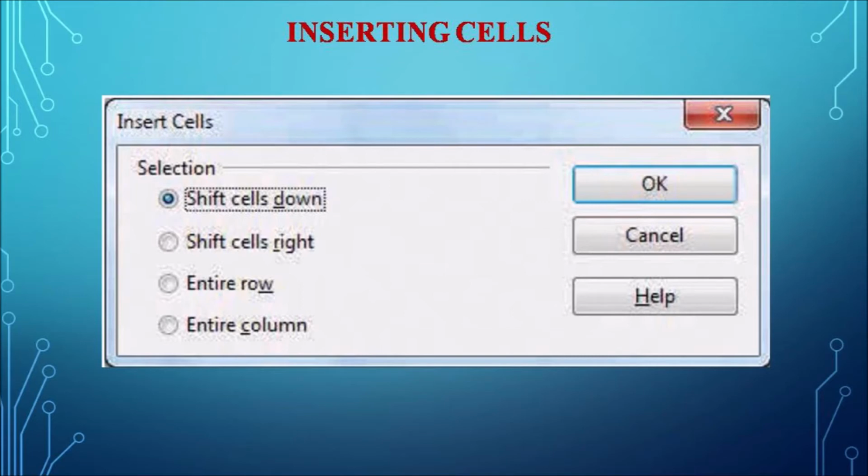Automatically the entire row of the current active cell will be pushed downwards. So selecting the entire row or entire column, the third and fourth options, is similar to the inserting column and row options. This is how a new cell can be inserted.